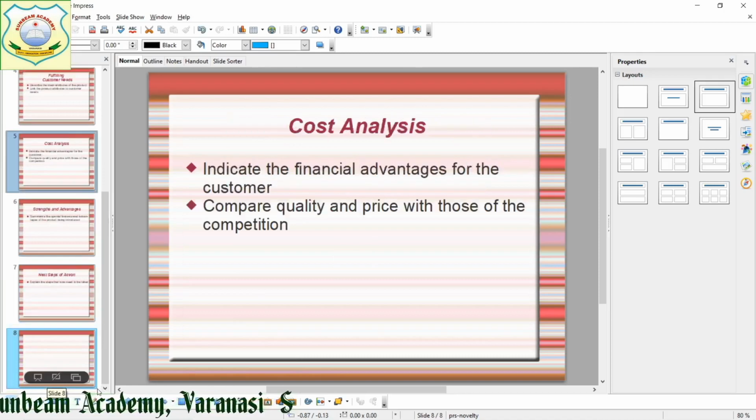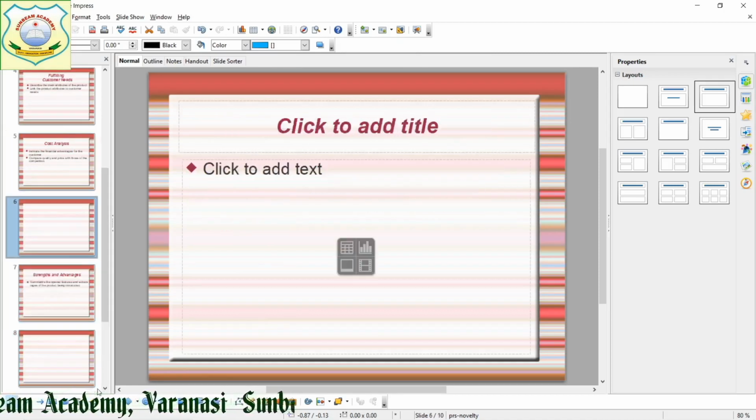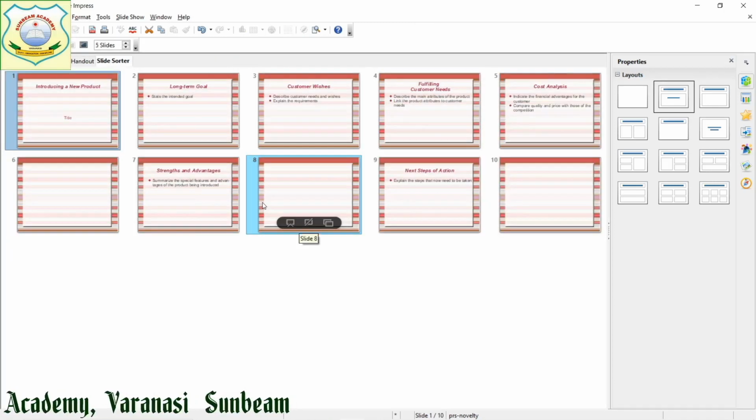I have taken a few more slides. Whatever I am going to write doesn't matter. Now in slide sorter view, you can see it has 10 slides.